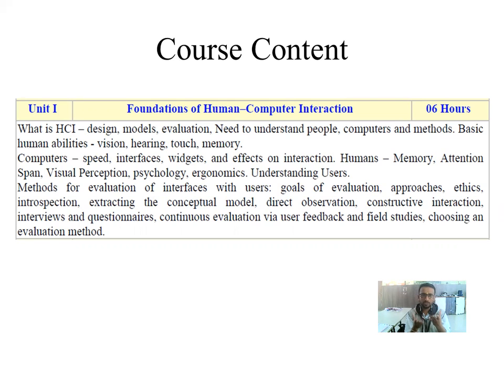So particular unit 1 can achieve course outcome 1 and course outcome 2. Then unit number 2 will achieve another course outcome, right? By going through all the units, we will be able to have all the abilities that we have mentioned in the course outcomes, right? So let us discuss what kind of topics we are going to cover from unit number 1 to unit number 6. Let us start with unit number 1.